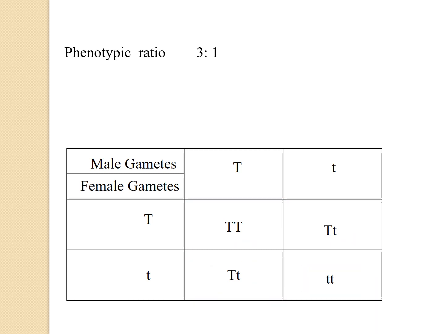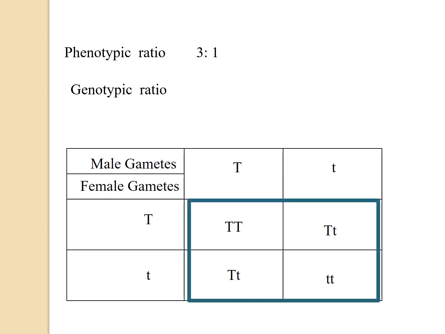Now, let's look at genotypic ratio. For genotypic ratio also, you will be doing the same thing. You will be considering the Punnett square. Now, over here, instead of looking at the physical appearance, you have to look at homozygous, heterozygous. Here, you have three possibilities. You have to check how many you have homozygous dominant, how many you have homozygous recessive, how many you have heterozygous. Okay, so let's look at that.